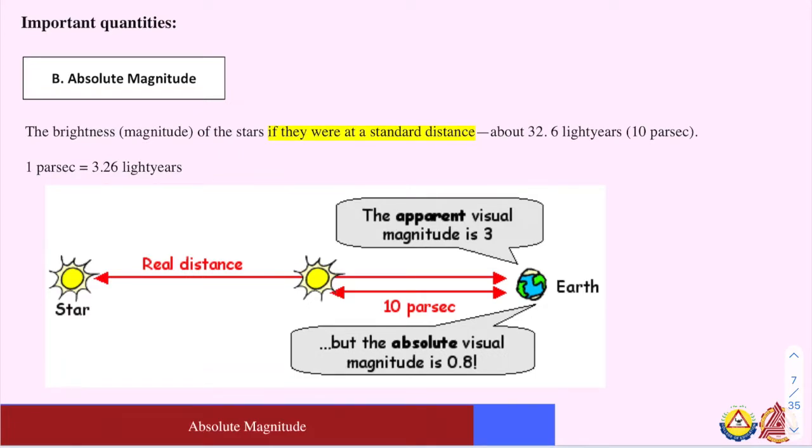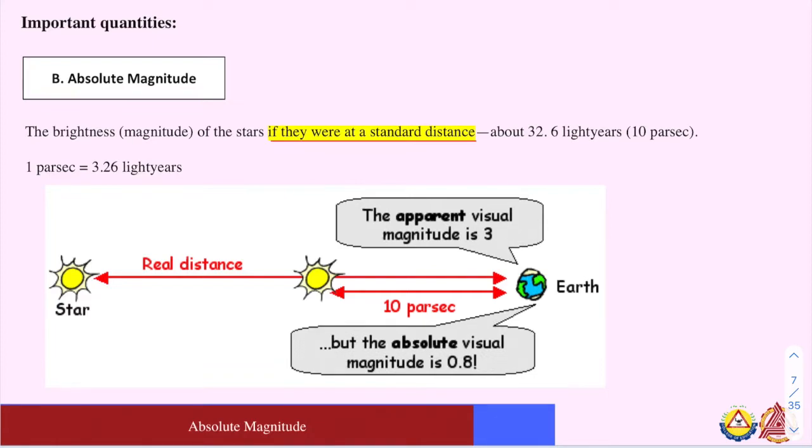When we talk of magnitude, we are simply referring to the brightness of the star. So when we talk of absolute magnitude, it's the brightness of the star if they were at a standard distance. Because do note that your stars are actually sparsely situated in vast and different distances from us. So wala gyud na sila galinya nga giingon ana from the earth. So that is why our concern here is unsaon man nato pagkabalo, how will we quantify